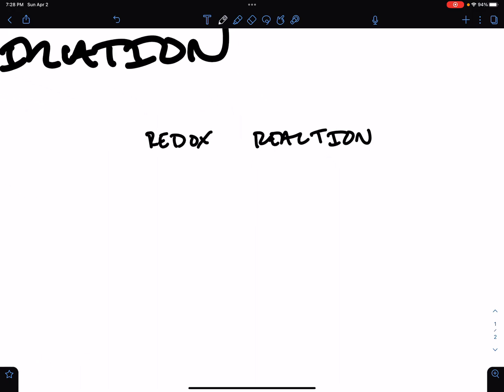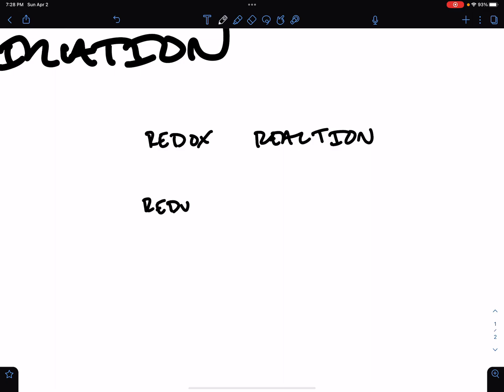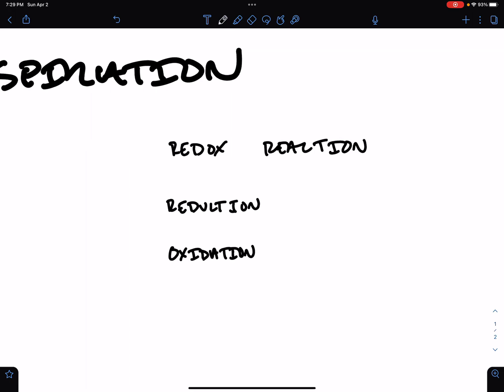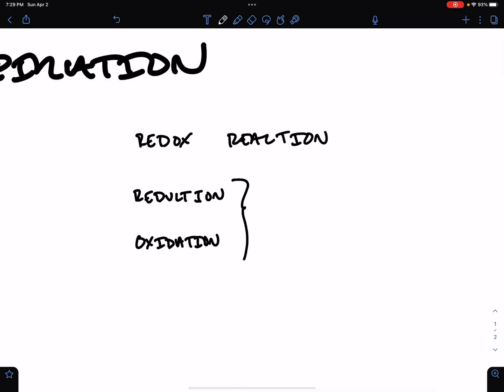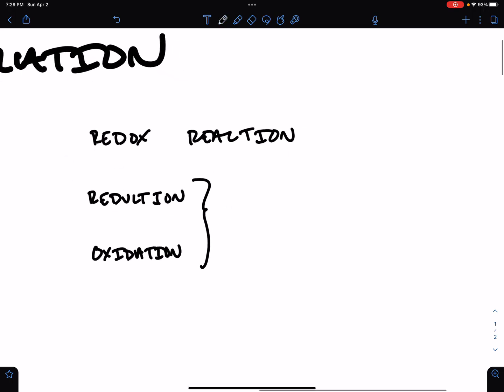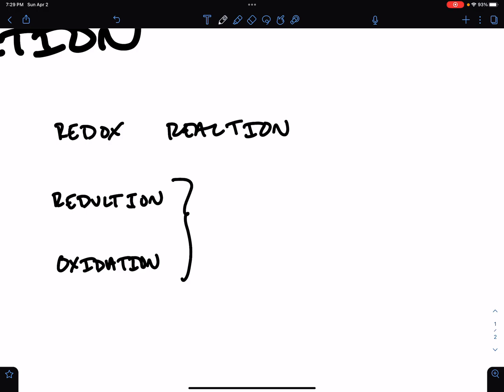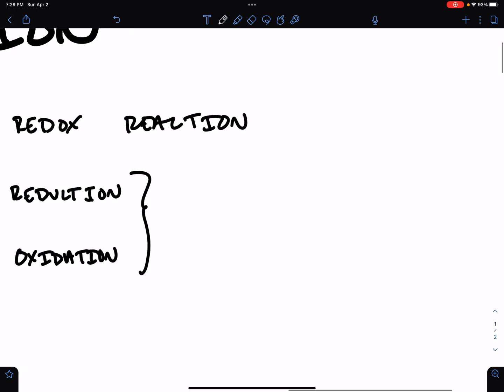A redox reaction is a shorthand for a reduction oxidation reaction. So it's a reaction that comes in a pair where one thing is reduced while the other thing is oxidized. Reduction and oxidation is basically the exchange of electrons. An acronym that helps me remember which is LEO goes GER,